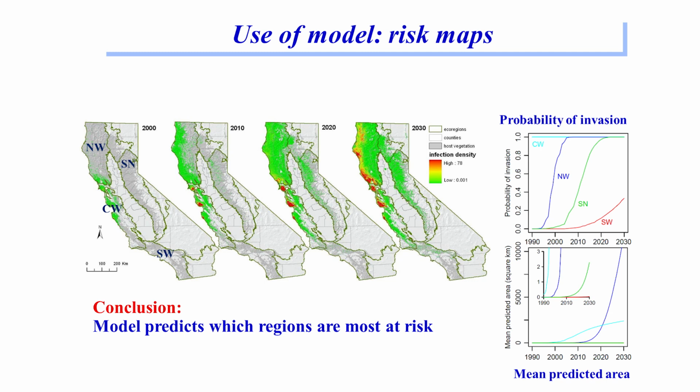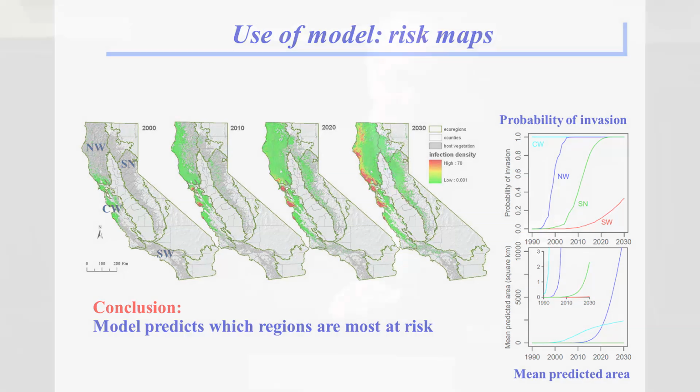So we've now taken, you can see the NW refers to the Northwest, Sierra Nevadas, Central West, Southwest. Those are the probabilities we get the disease in those different sites. And also, the colors here correspond with the colors up there. What's the likely area of severity? That's a risk map because it's saying where it's likely to go.